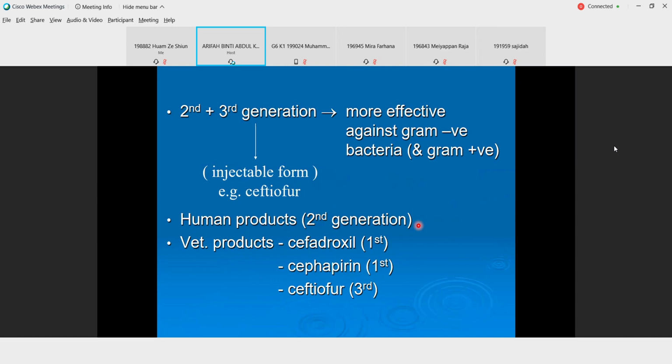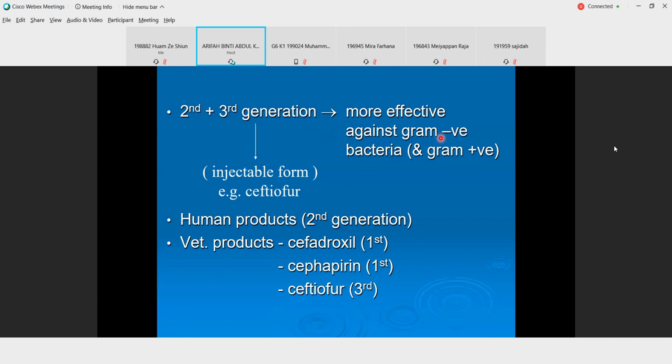That differs from our small creatures, cats and dogs. So we must be really careful with the dose, or else we can overdose dogs and cats when you use human formulations. But with the third generation,